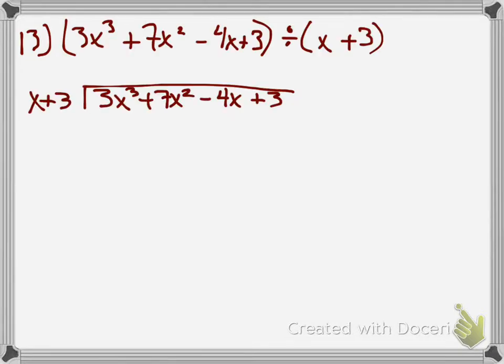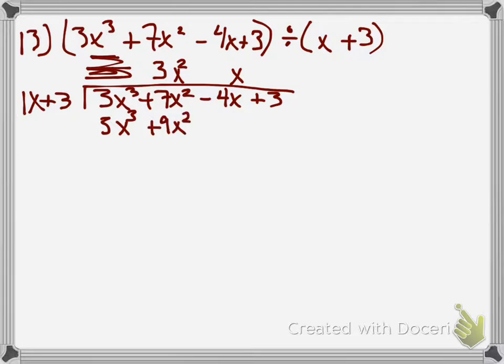Okay, so here's the setup for long division. And what we do here is we start off, remember, you're not going to put anything over the first number. So you're going to start off here, and think about it. If you got x cubed, then your answer is going to start off with x squared, you'll have an x, and then you'll have a number. And I'm going to go here, like, say 3 divided by 1. So looking at the lead terms, 3 divided by 1. 3 divided by 1 is 3. And then I take that answer and multiply it. So 3 times 1x is 3x cubed. 3x squared times 3 is